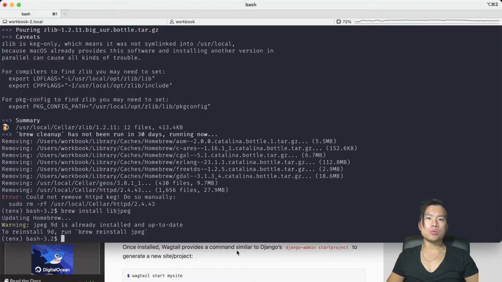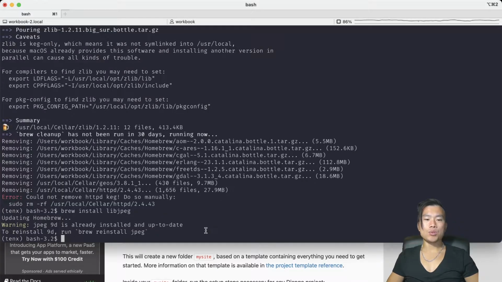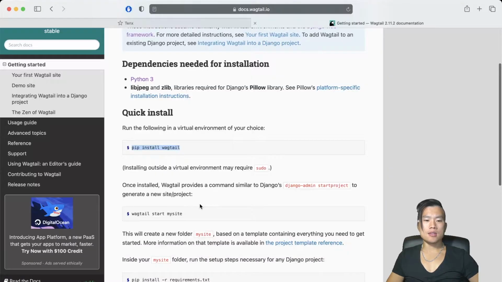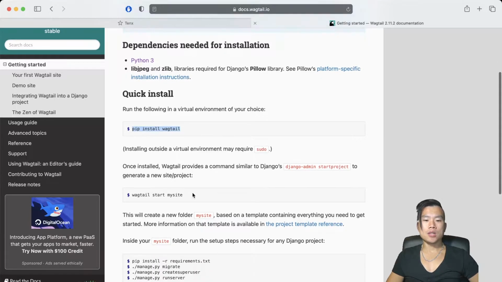So let's move into the Wagtail documentation again and quickly install Wagtail. I will do that with the command pipenv install wagtail, and it says that once installed, Wagtail provides a command similar to Django's django-admin startproject to generate a new site or project. This will create a new folder, mysite, based on a template containing everything you need.